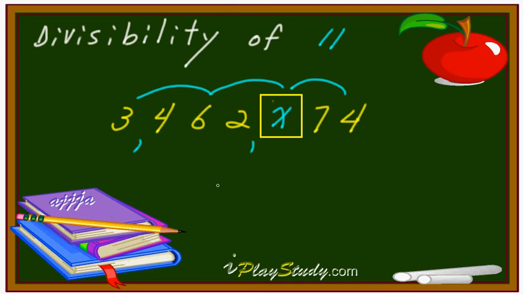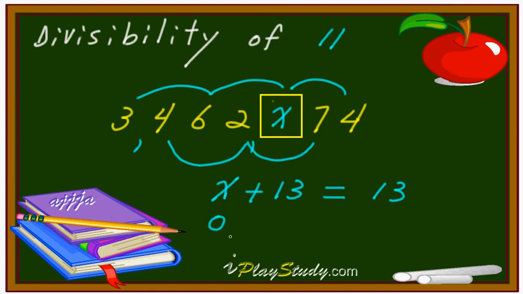X plus 13 should be the same as the other one. Right here and this one, just like this one. That means 7 and 2, that's 9, and this one 13. Right away, you can move this one to the right-hand side. It's going to be 0. Then X can be 0. That's one choice.